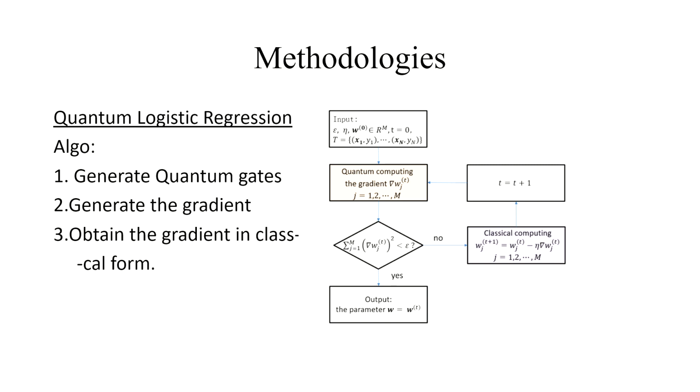So here E is the precision, where efficiency is shown by the eta-like figure, and it's also the step factor. W0 is the initial value and t equals 0, 1, 2 is the iteration number, where capital T is the dataset, the brown rectangle represents the quantum algorithm and the light purple rectangle represents the classical iterative update algorithm. And with this, after comparing, we can get the output where the parameter meets.